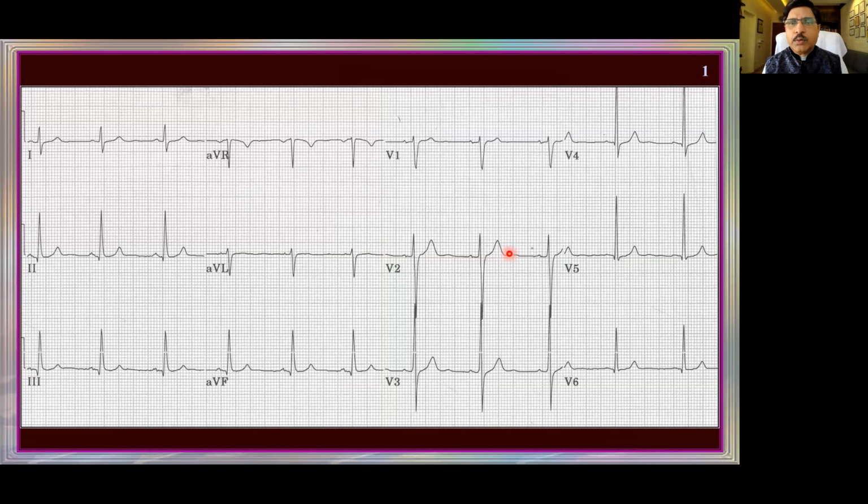I'll show you how to look at axis. Do you think it's a normal ECG or an abnormal ECG? Prima facie, first of all, what is the heart rate? 300, 150, 100, 75, a little less than 75. 75 and 60, maybe 70 heart rate.